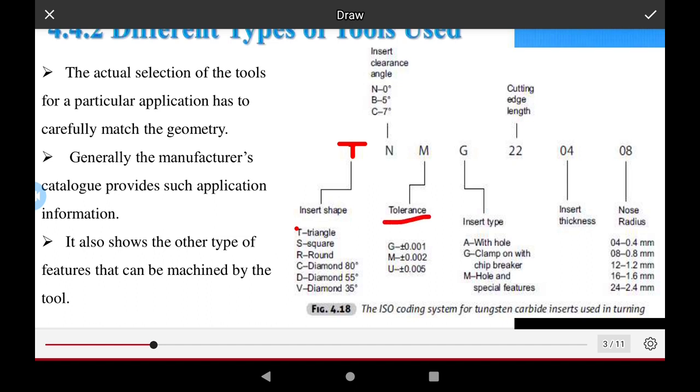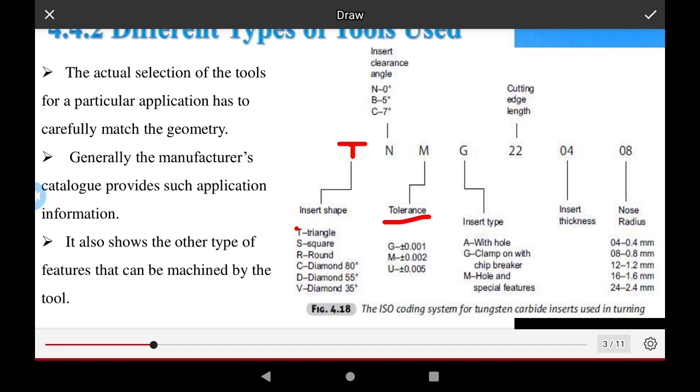as the G given for the value of G is 0 plus minus in value variation of the value plus minus 0.001, and M is given for the value of G, and M is also the value given for the plus minus variation of 0.002, and another value is the very less value, U is given for the command, or M value is given for the 0.005,